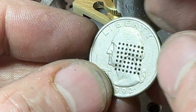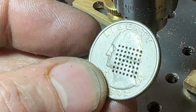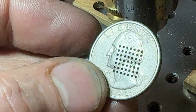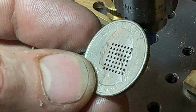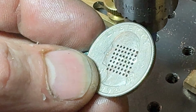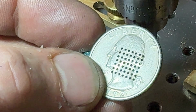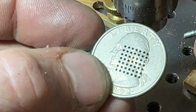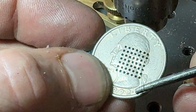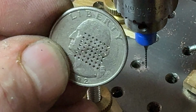I broke one bit. I think you can see where I broke it. Hang on. Where's the... All right. I broke a bit in that hole right there. Yep, you can see it in there. But that was 49 holes in just a few minutes, and they're all...